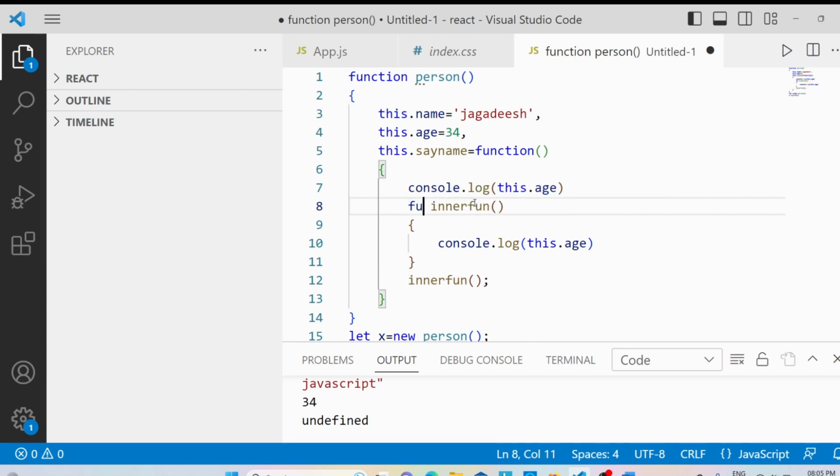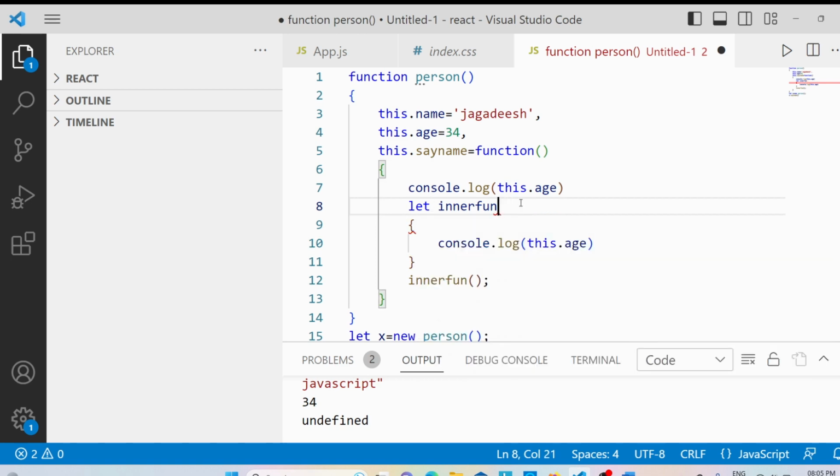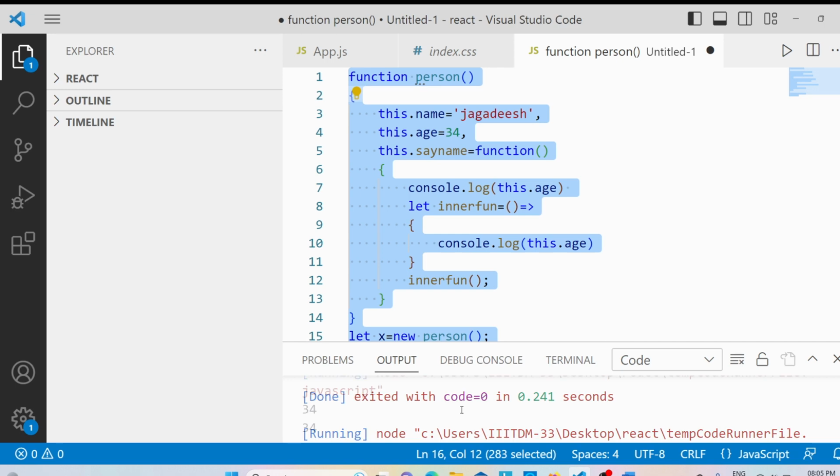I will remove the function keyword, and then I will write let innerfun is equal to, open the curly braces, and then you can provide the arrow operator. The remaining thing is absolutely the same, because instead of providing the normal function using the function keyword and the function name, I have used the arrow function. So let inner function is equal to, as there are no arguments, I have simply provided the parenthesis, arrow operator and the statements. Now if I execute this program, you will get the output as, look at here, we